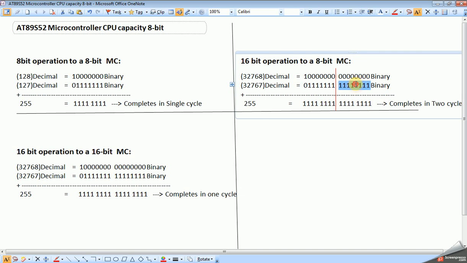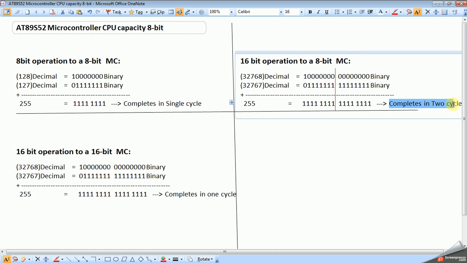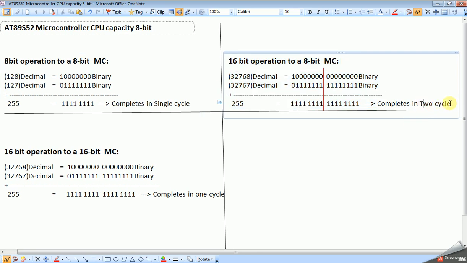In this case, first the 8-bit LSB numbers will be added in one cycle. In the next cycle, the MSB bits will be added. That means it completes this operation in two cycles.